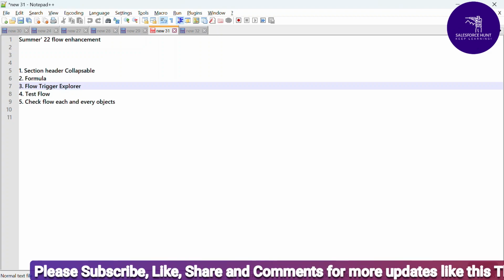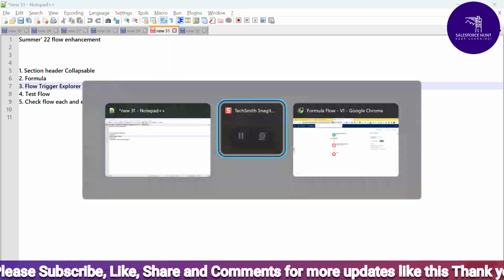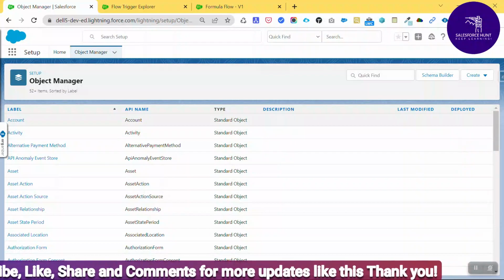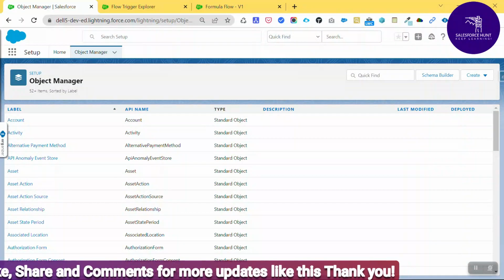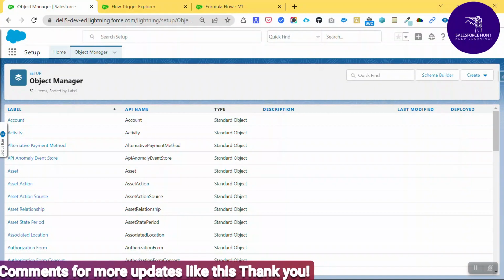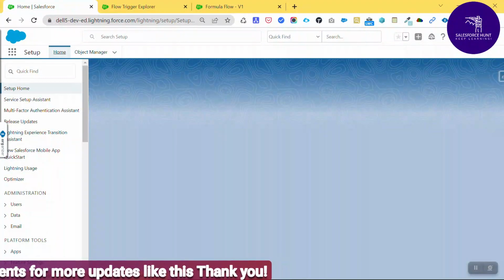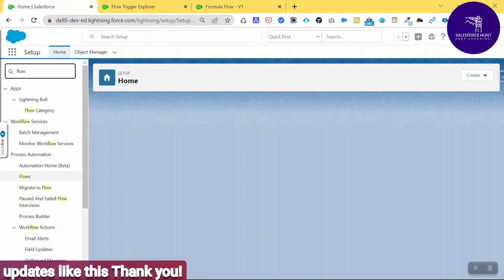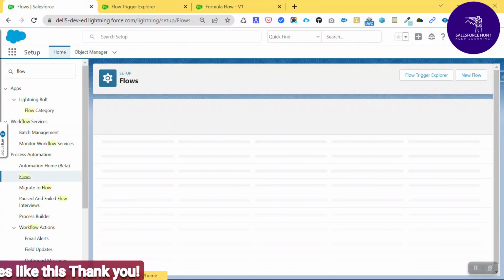So let me open my org. Now you can see I just logged in to my org. So this is my org. First of all, let me show you one thing related to flow. Just click on Setup. Under Quick Find you have to search for flow. Under Flow you can see Flows. You have to click on that, click on New,